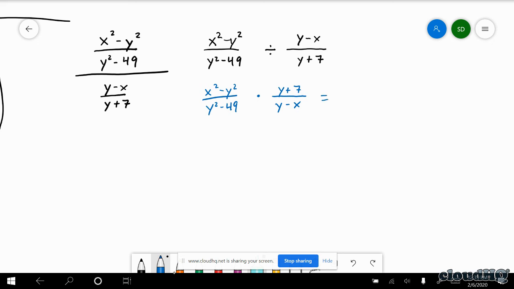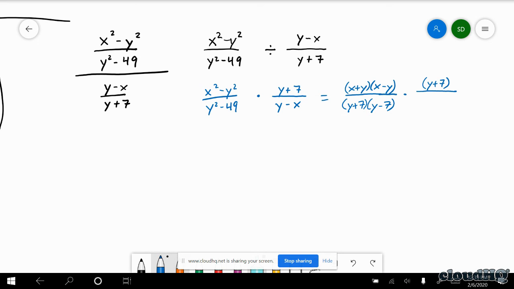So the first numerator goes to x plus y, x minus y. The first denominator, y plus 7, y minus 7. The second fraction, the numerator y plus 7, it doesn't factor. It is a factor. And the denominator y minus x, well, I could write it as y minus x, but